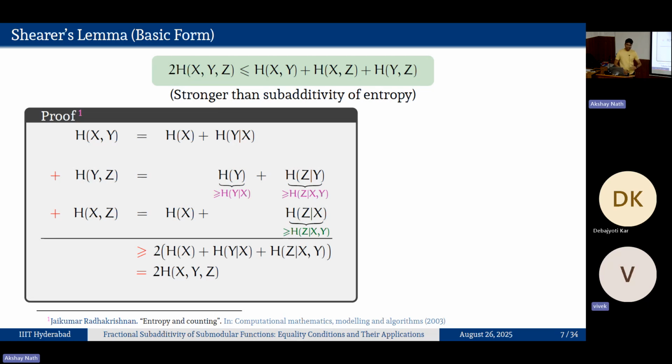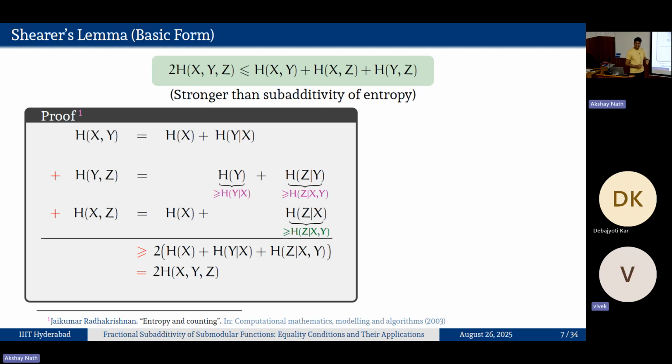Most of the proofs in entropy, Shannon type proofs for Shannon type inequalities, are linear combinations of the basic fundamental inequalities that we have seen in the first 2 slides. And for three random variables, Shannon type inequalities characterize all possible inequalities over the three random variables. This is a very celebrated result. But if you go to 4 variables, it is not true. There are inequalities holding over 4 random variables which cannot be represented using linear combinations of Shannon type inequalities.